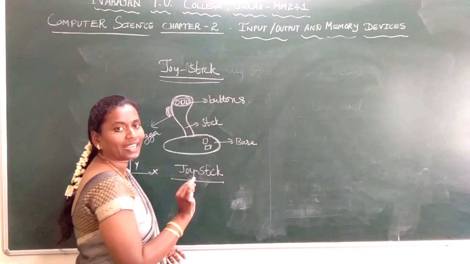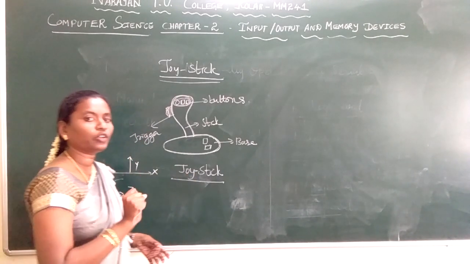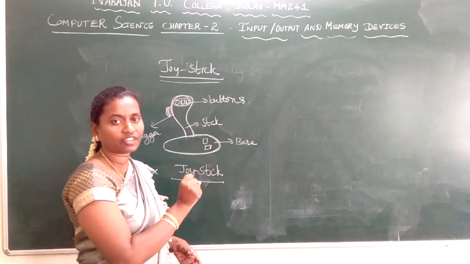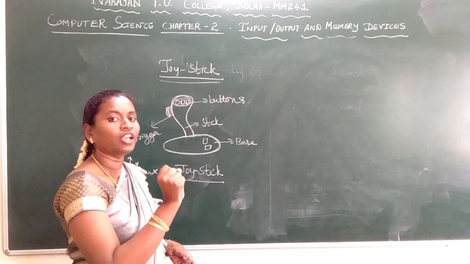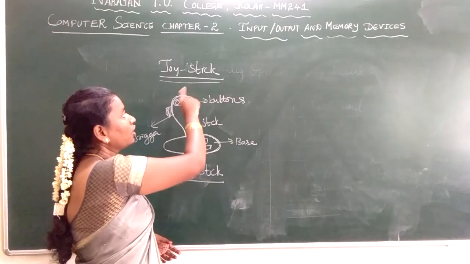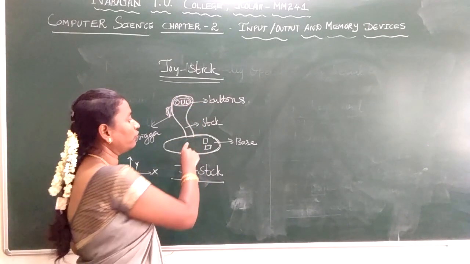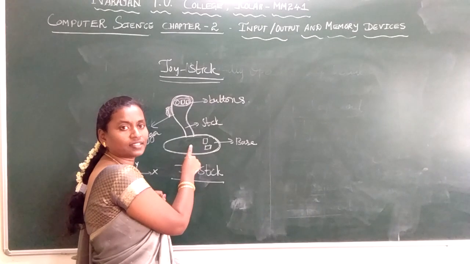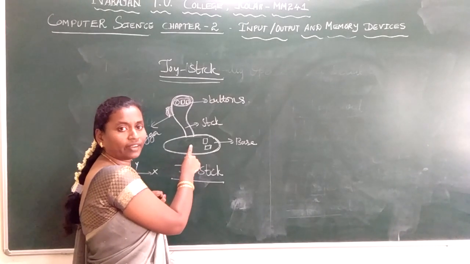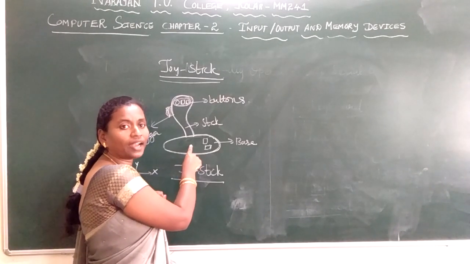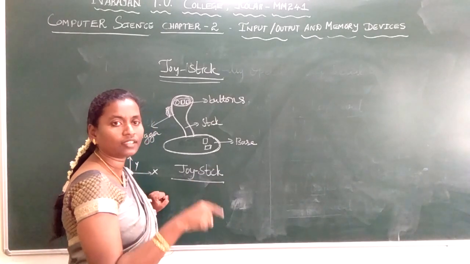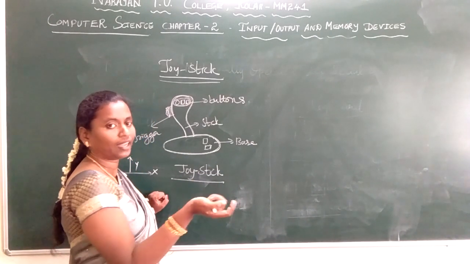Why do they use it? They need to move. When they play video games and want to change direction in all the axes, they use the joystick. This type of lever you might have even seen in cranes. They use this type of lever in cranes, trucks and in unmanned underwater vehicles. Underwater there won't be any human beings.